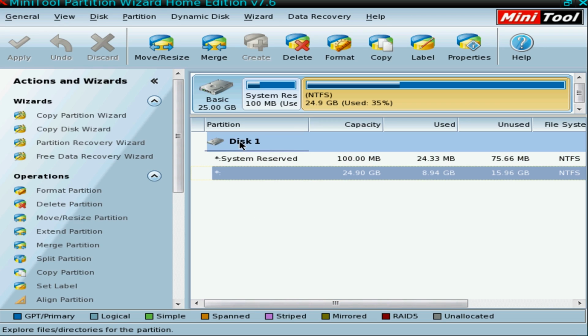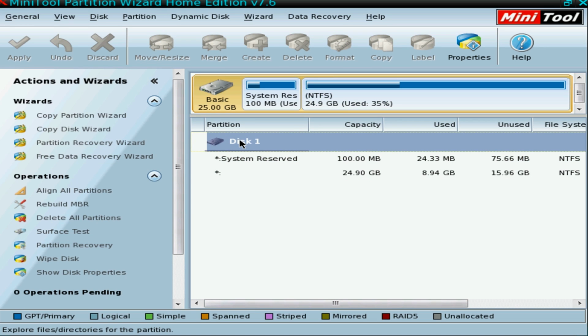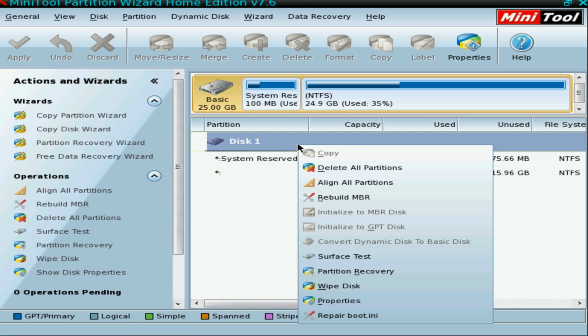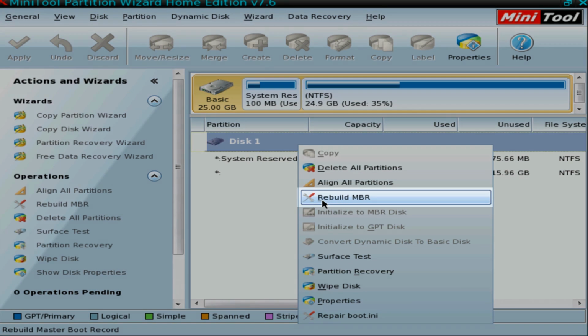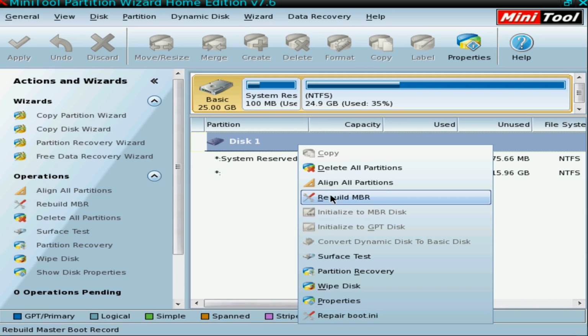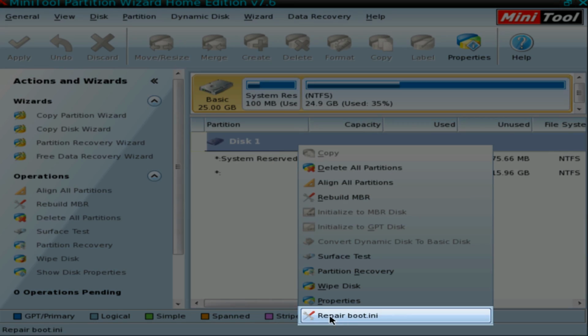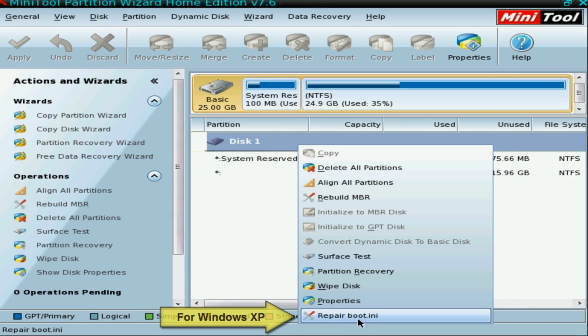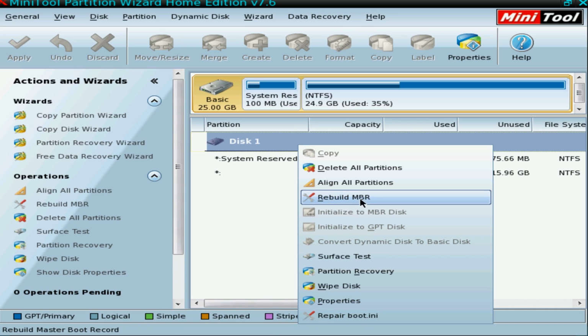Okay, so let's go ahead and rewrite the master boot record. So I'm going to click on the actual disk here, and if I right click on this as well, you get a load of tools coming up, and you can see rebuild the MBR, and that's the one we need. Okay, now if you are running XP, you will need to click on the repair boot.ini file. Okay, this is totally different to Windows 7 and Vista, so this is for Vista and 7. We're going to click on this one,